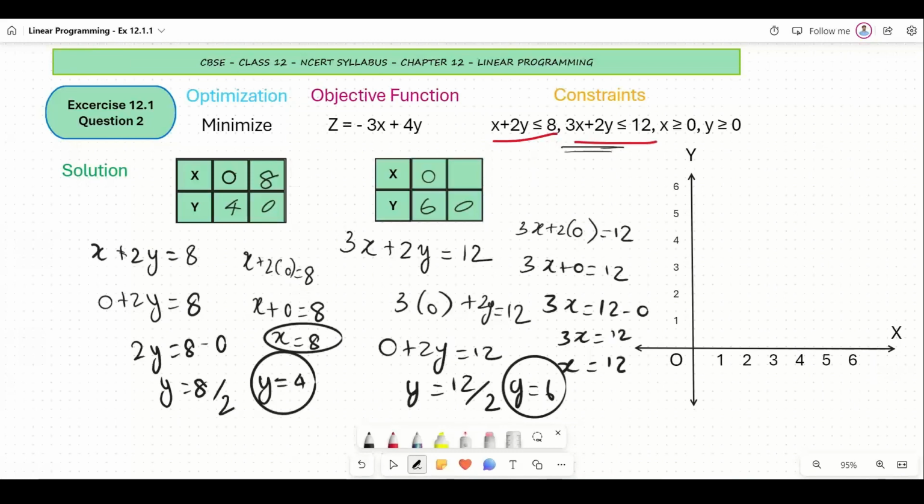X is equal to 12 by 3. X is equal to 4, right? So we have got 4 for this particular thing. So now we have got multiple points. We have got the point 0, 4, and then we have got